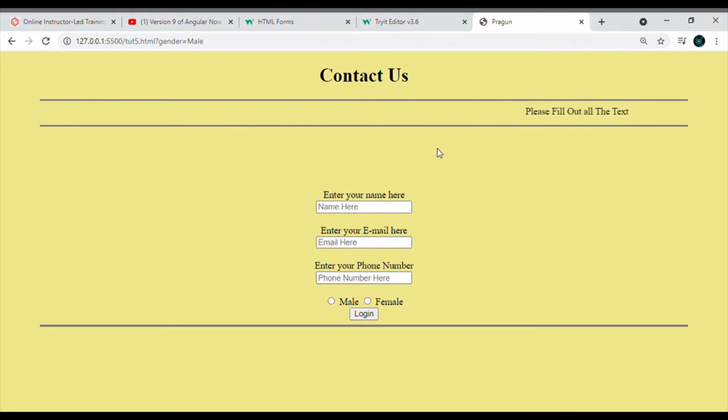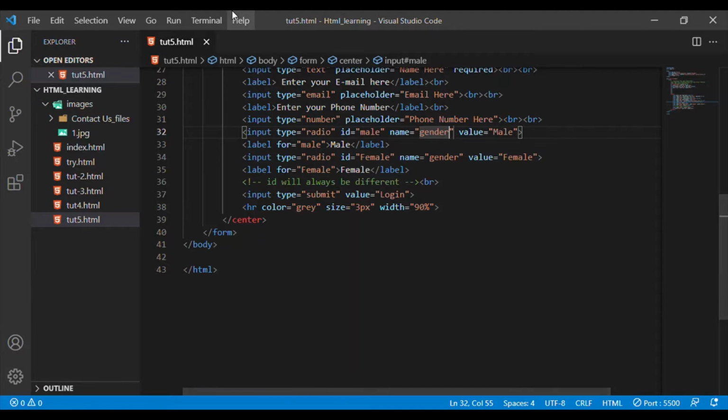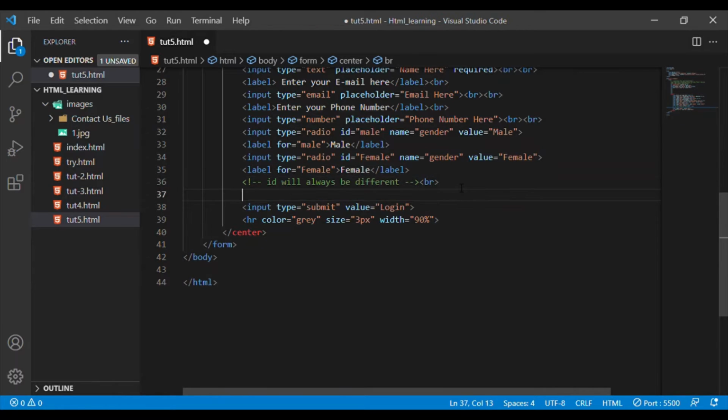In the previous video I showed you input type equals to text, input type equals to email, input type equals to phone number, and the radio button and submit button. Now let's talk about more, in which I will be showing you checkboxes, reset buttons, and many more. So let's get back to our Visual Studio Code screen. I am going to make a new page for this, and in this page I will be editing, as that would be a difficult one. It would be easier and good for us if we do it in this one.